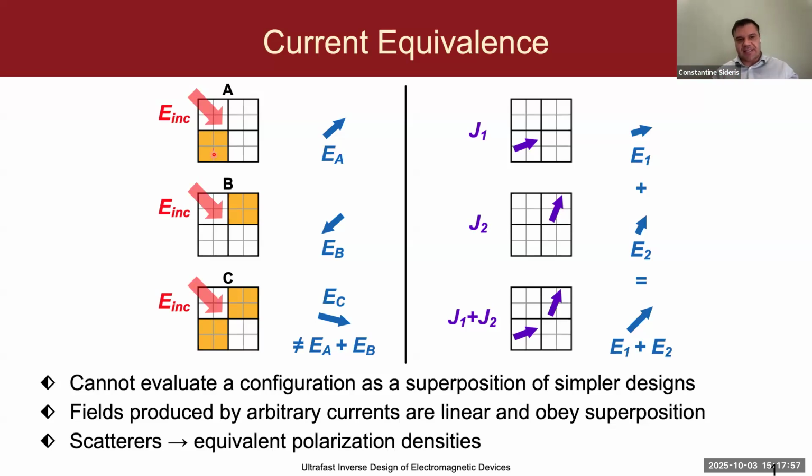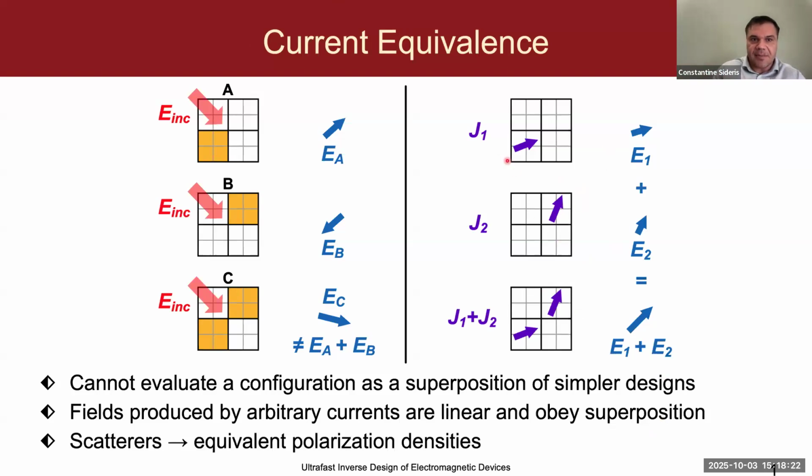And the reason for this is that metals scatter fields. And so therefore, if I just have single metal tile solutions, they won't capture the multiple scattering that will happen out of the combined solution with multiple metal tiles being on. However, on the right here, we have current densities, and current densities actually are transparent to each other,